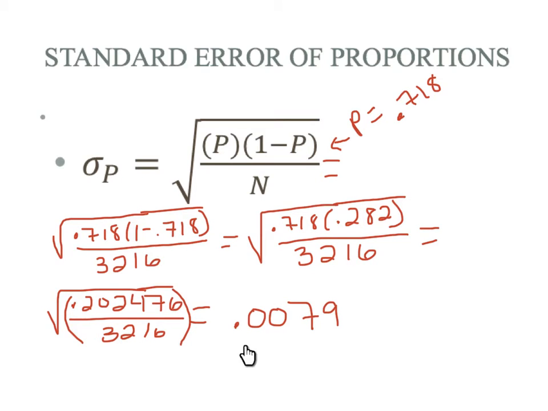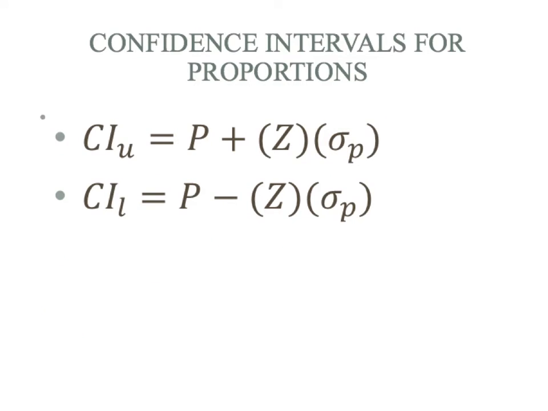So now we can plug this in to our equation for the confidence interval. So let's go ahead and go to that step. So the next step is to actually calculate our confidence interval. So the equation for the confidence interval is the proportion or probability of success, which in our case, we know that this is going to be